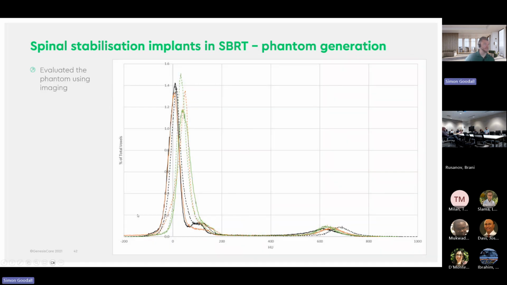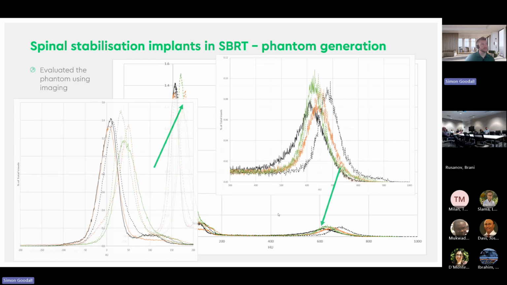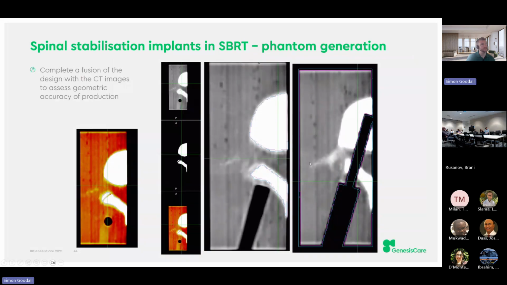We then did an evaluation of them. So we CT scanned them and looked at the Hounsfield units present in those items. And what we could see is that even though we were using the exact same settings and print quality, we still saw variations of plus minus 50 Hounsfield units in the mean value, with a relatively standard deviation. So the density just seemed to vary a bit with different prints. And similar stuff happened in the bone region, but the densities were quite comparable to bone, so we were happy enough to use it.